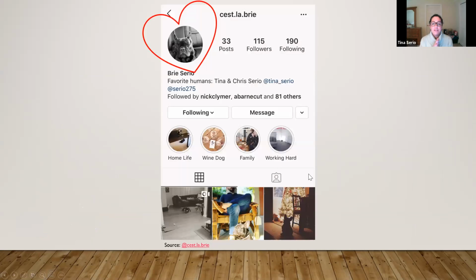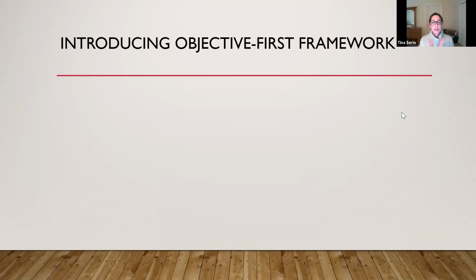All right, so my fun fact is that I love cheese and I love French bulldogs. So I named my pup Brie. She has her own Instagram. So I know we're talking about Facebook today, but she's only on Instagram. She's gonna keep up with all of her followers. She's following a lot more people than she actually has for followers, but that's okay. She posts pretty regularly, so feel free to follow her. I'm not gonna ask you to follow me, but I would love for you to all follow my dog. No, I'm kidding. You can do whatever you want. She's adorable. Okay, so we're gonna dive in.